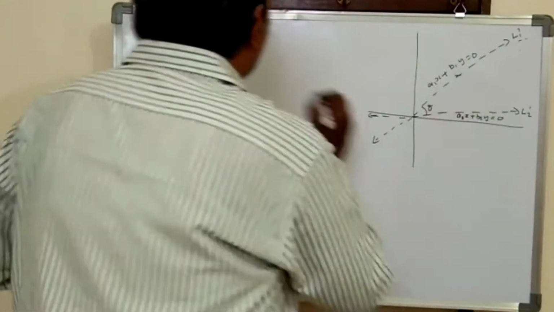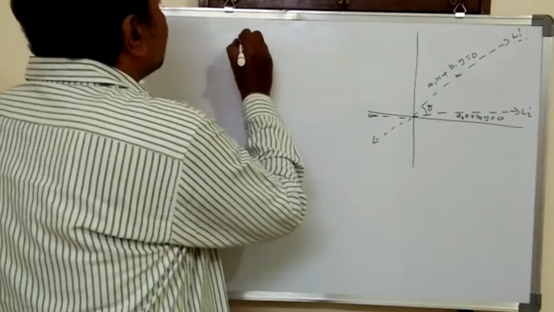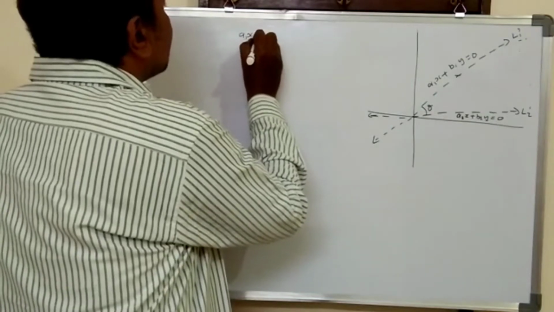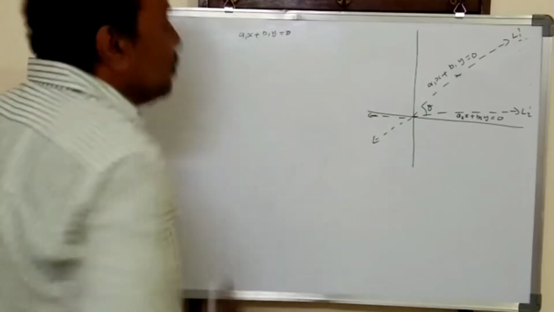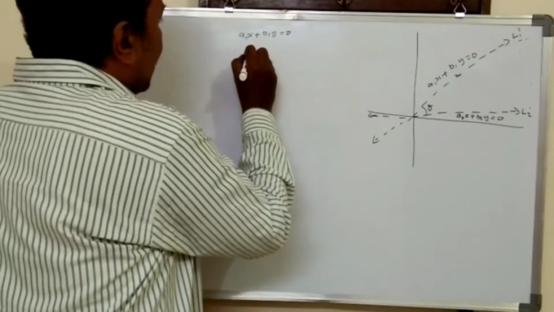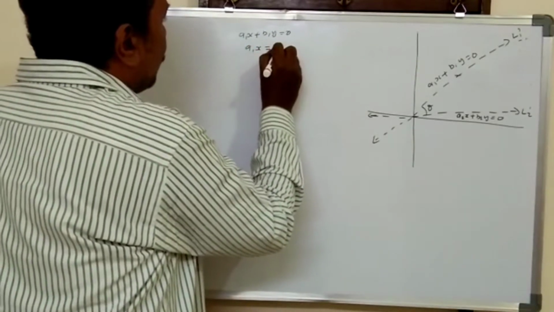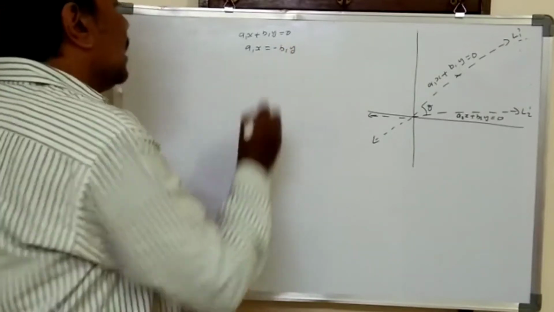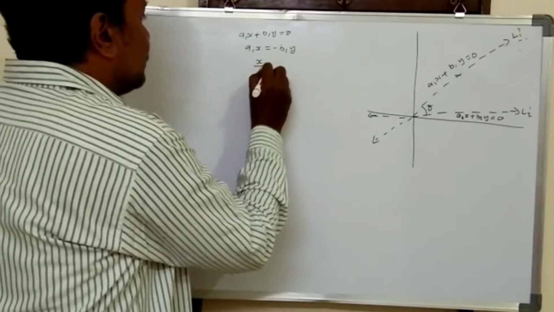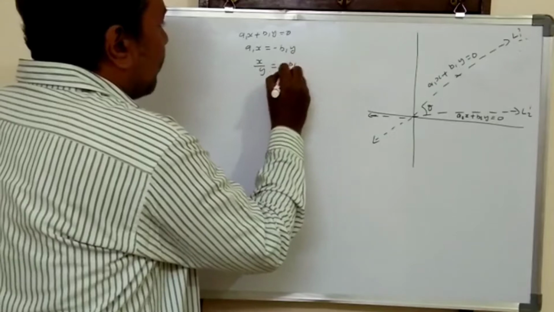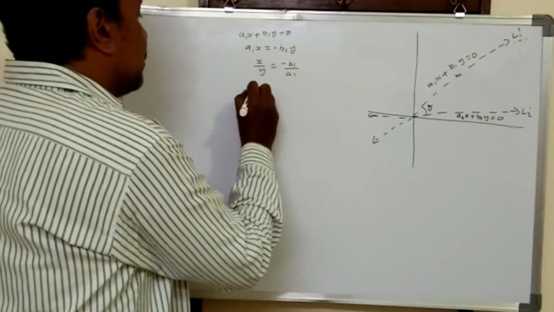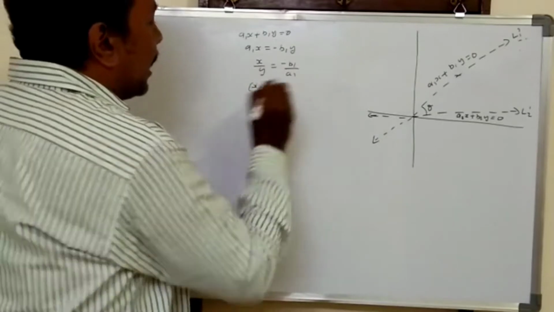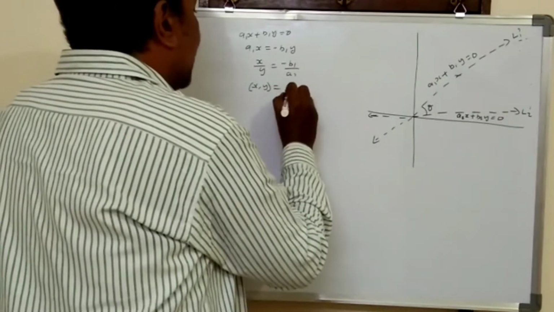For that, take this first equation, a1x plus b1y is equal to 0. So a1x is equal to minus b1y, and x by y is equal to minus b1 by a1. That means x by y is the x coordinate and y coordinate, that is minus b1 by